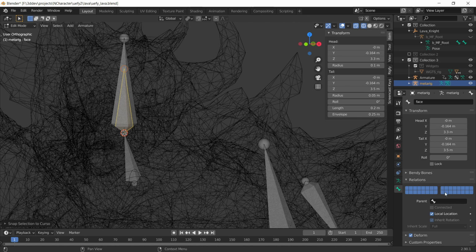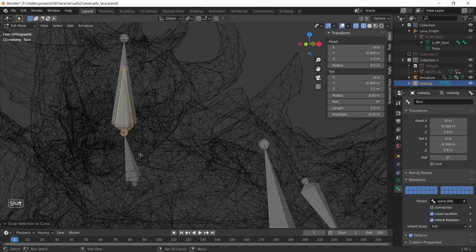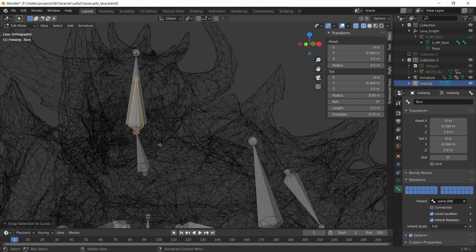and in the data properties I'm going to attach it to the head, or well, the head is going to be called spine underscore 006, like that, and then it should be on the same layer as the rest of these bones are, like that. Now this facial rig that we're constructing is not the same thing as the face rig that comes with Rigify. You can add that if you want, but that's a really complicated thing to set up. And right now we're just going to follow this very simple facial setup that exists in the original armature for